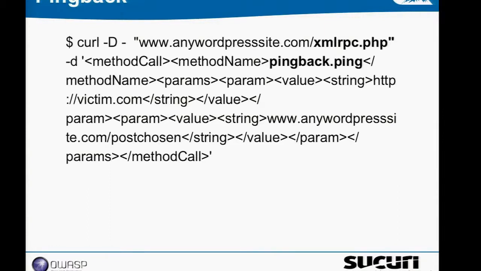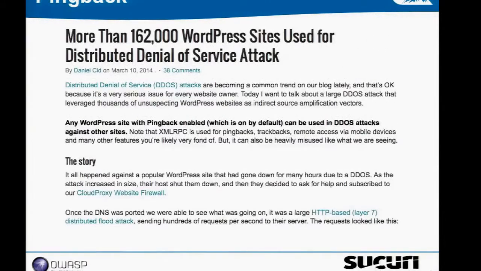But any WordPress could be used because it was enabled by default. So you could go to Google, enumerate 100,000 WordPress sites, and just create a script and probably your DDoS, and so you get something like this: